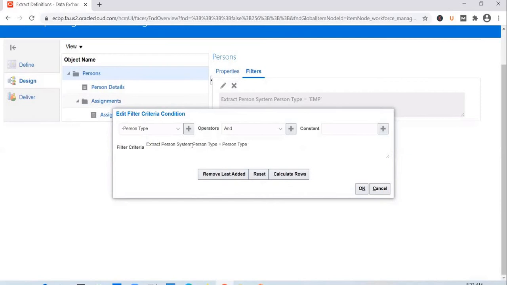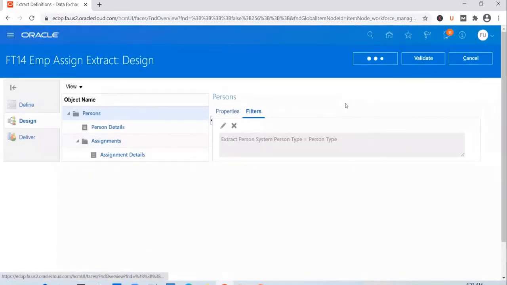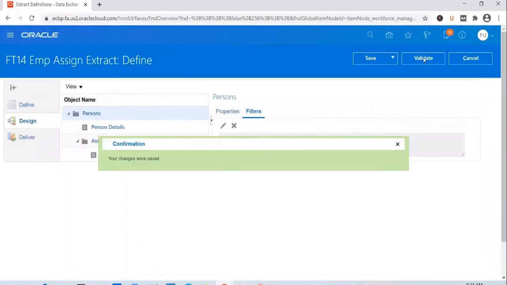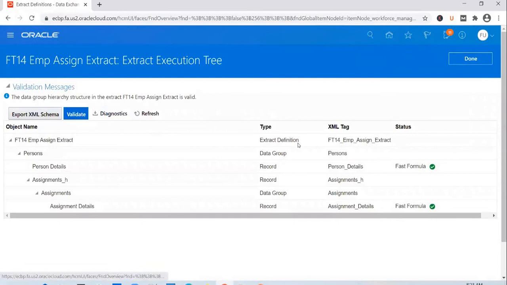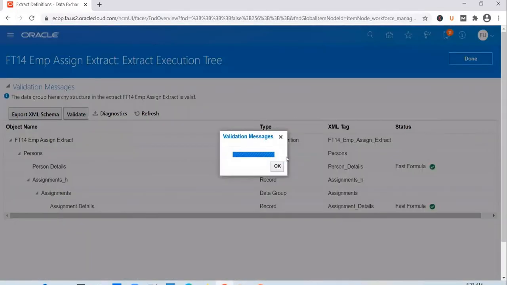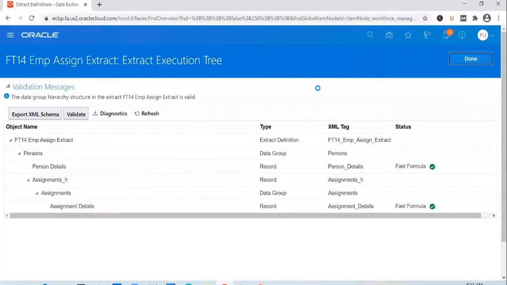This way you are applying a filter to select only the persons of the type that you pass as input. Once you do this, save and validate the extract. And this time if you try to run the extract, it will prompt you to pass an additional parameter called person type. So you can pass in a value there.